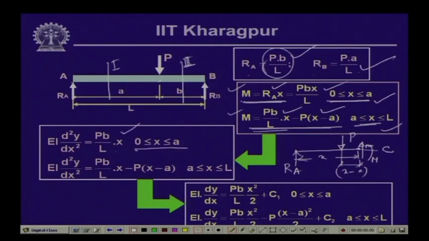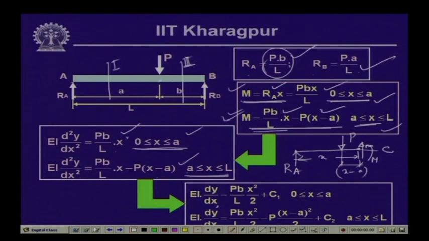So, this is the range of validity of this particular expression, and subsequently the other bending moment equation which we have obtained for the other segment, we substitute over here again in this differential equation, which is E I d 2 y d x 2 equals the moment, and the range of validity is between A and L. Now, once we integrate these expressions, we come up with this, that E I dy dx is equal to P